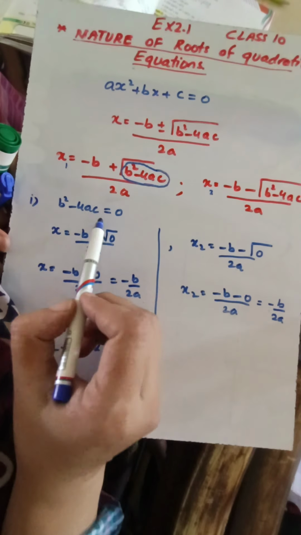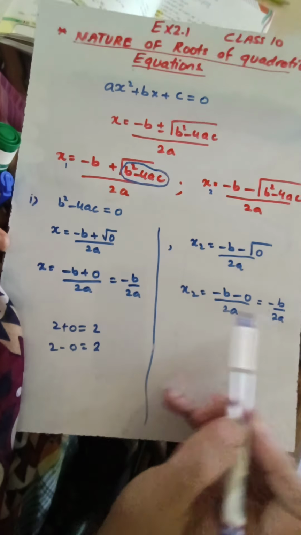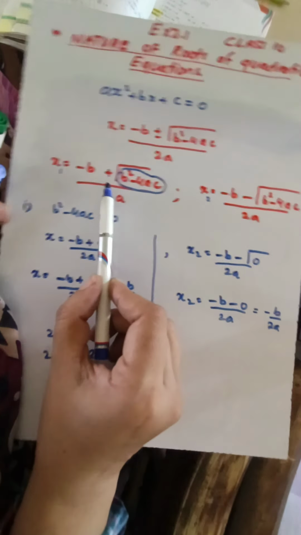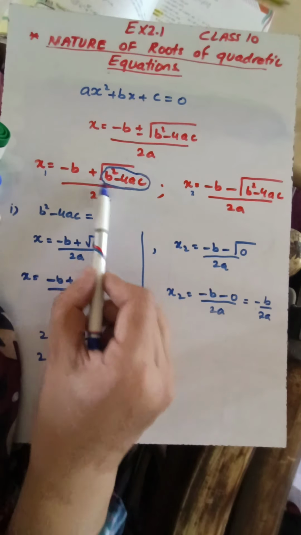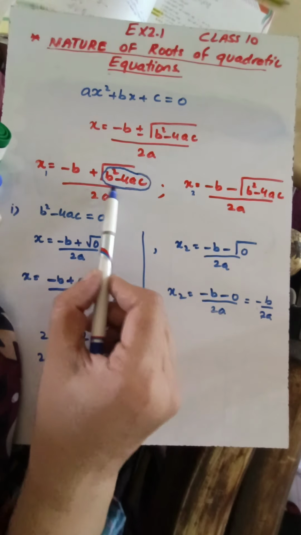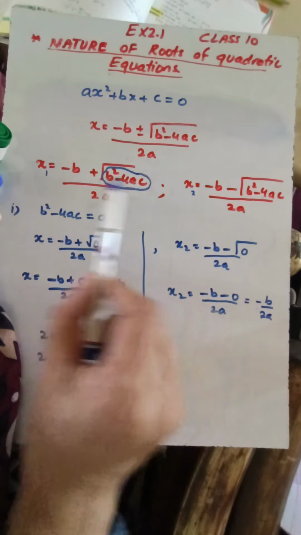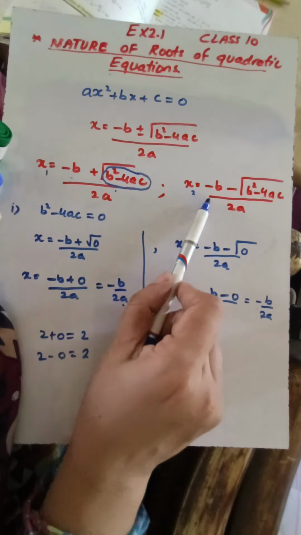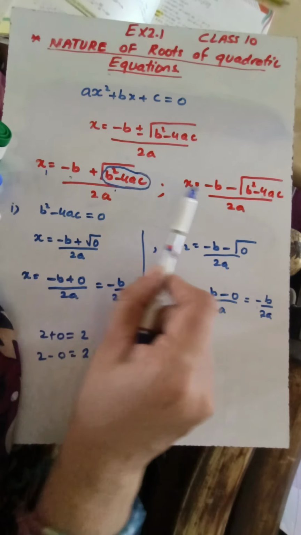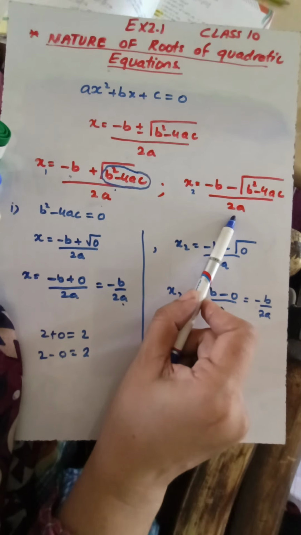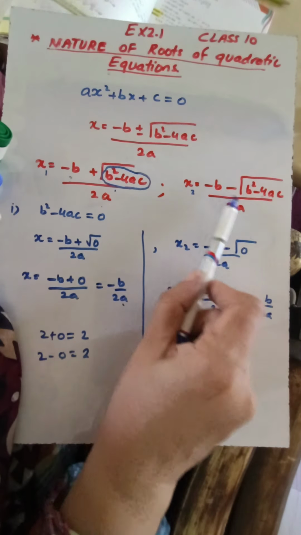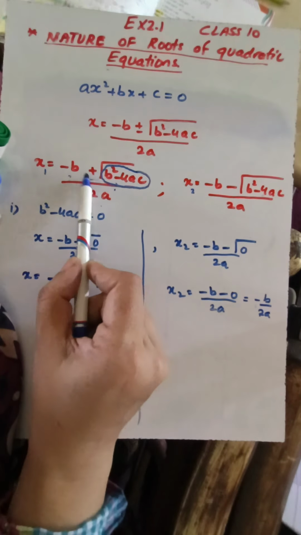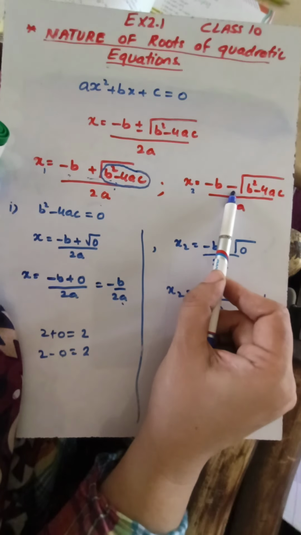So it means that if the discriminant is equal to 0, then we are going to have two equal roots, because the only thing that made the difference in these two numbers was under root b square minus 4ac, and it turned out to be equal to 0. So now it has no impact on this number negative b. You may see that these roots are the same, because negative b and negative b are same, 2a and 2a are same. The only difference between these two formulas is the addition and subtraction. Over here we are adding this number, while in the second case we are subtracting this number.